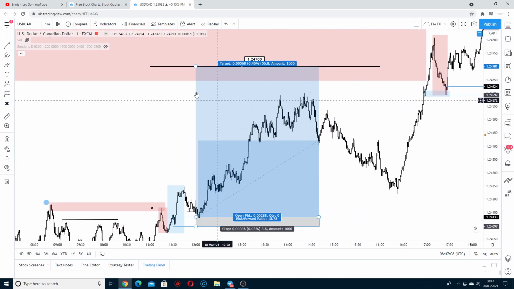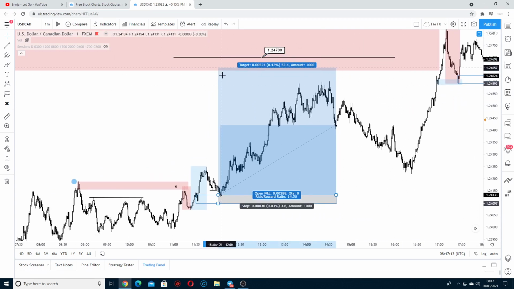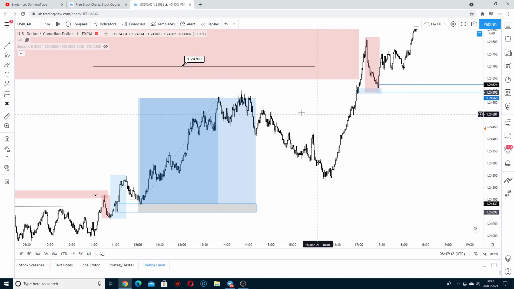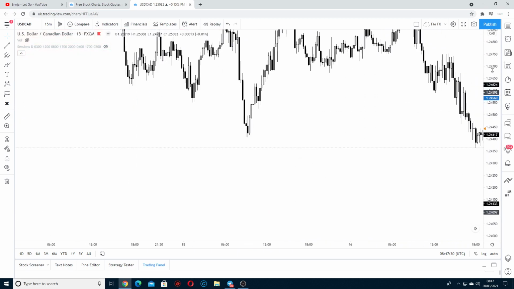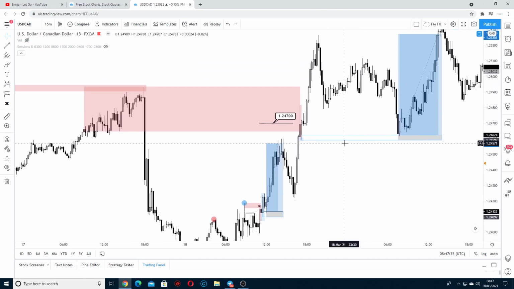My targets were 1.24700, nice whole level within my area of interest. But to be honest with you guys, I did close out somewhere within here at 1.2412, and yeah, that was that trade. Market did offer re-entries as we broke through that 4-hour supply area,